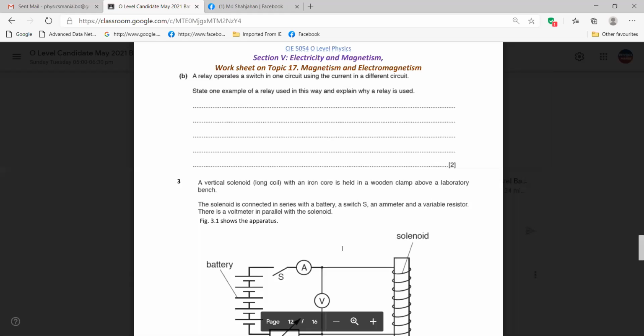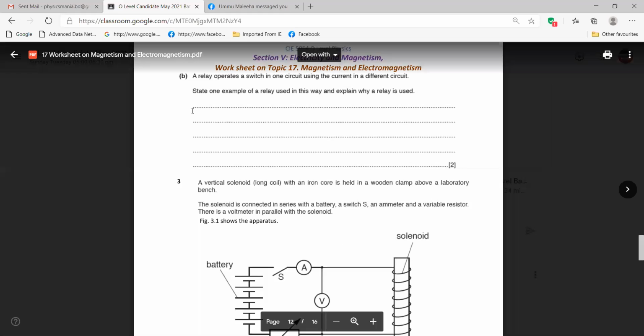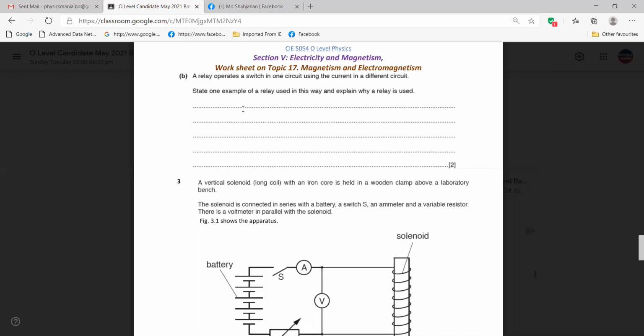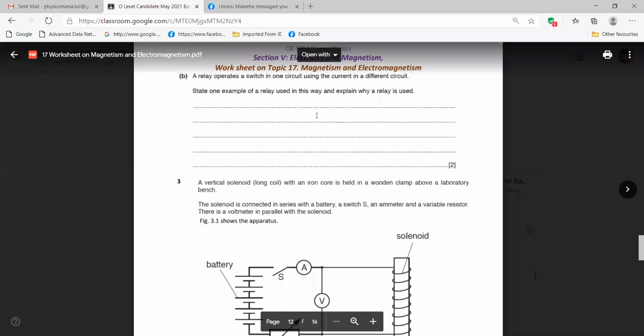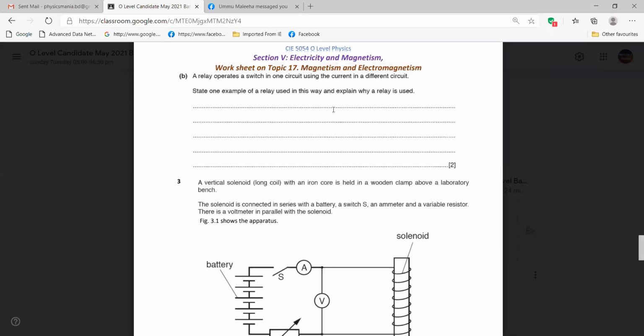Okay, the first one is for the starter of a car, right? You write example here, make a table. In the first column you give the heading example, then you write here reason. Okay, so number one, you write starter of a car,